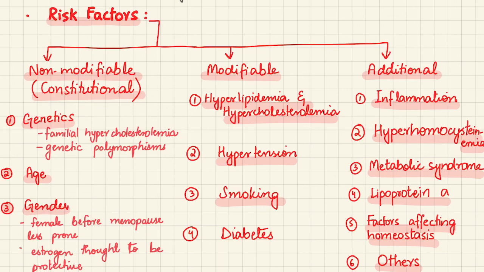Okay, so other risk factors for atherosclerosis can be type A personality. Type A personality means those people who are workaholics. They put too much pressure on themselves, they're anxious, they're too proactive, but in a bad way. So those people are at high risk. And type B personality is in contrast to type A: more relaxed, more docile and flexible, so they are good to go. Obesity is also a risk factor.